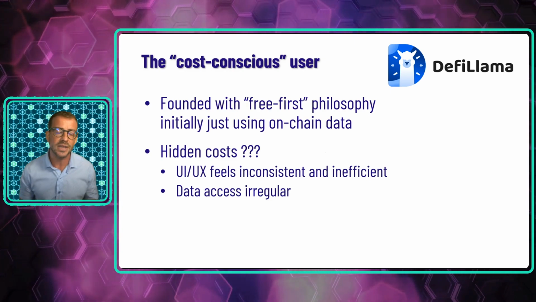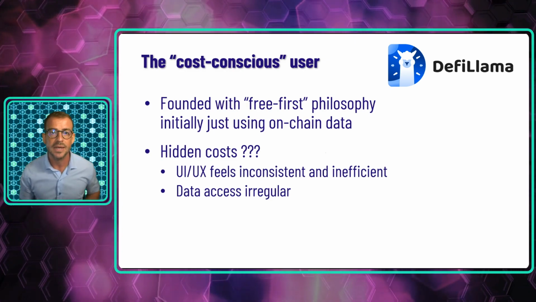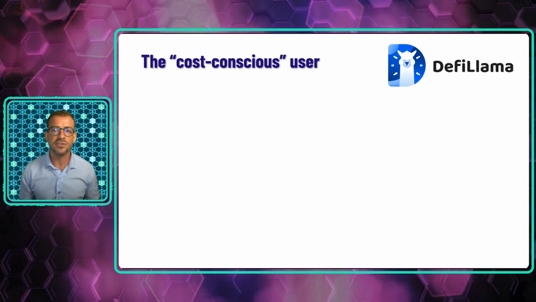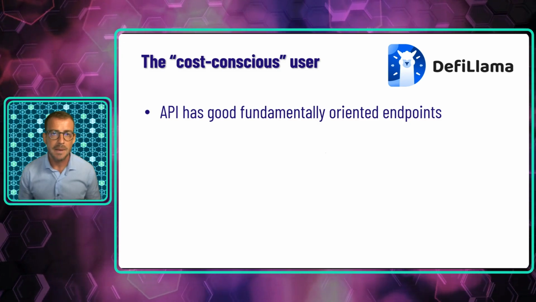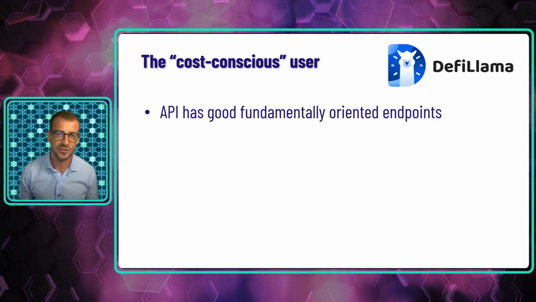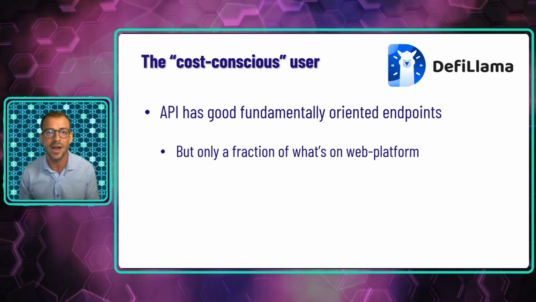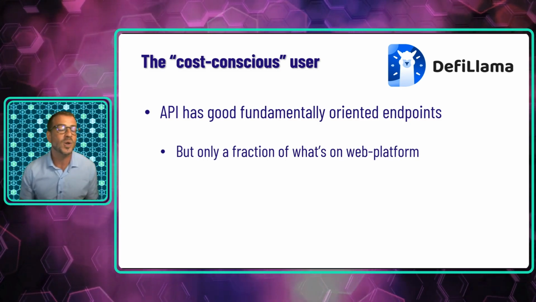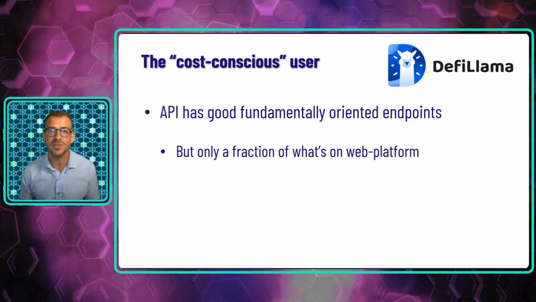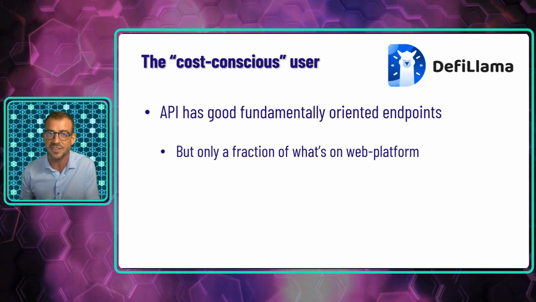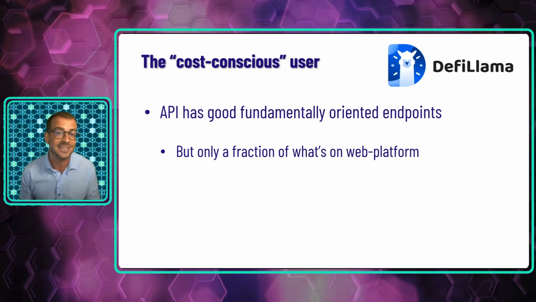I found it really hard to get data out consistently and in a usable format. The API serves an interesting range of end data points that go well beyond conventional exchange market data, but it comes nowhere near to the breadth of data that's tantalizingly shared with you on the platform UI. It can create this kind of look but don't touch experience, which can feel very frustrating if you are excited by some data that you've seen and it's inspiring lots of interesting questions, but you can't extract it to explore